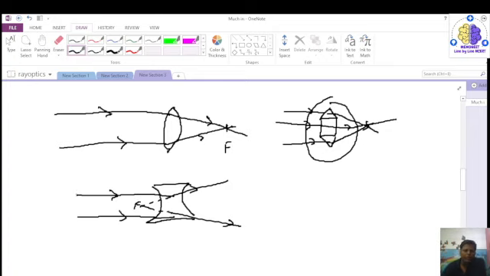So what we find here is that the two light rays are getting diverged after refraction. So this concave lens is known as a diverging lens. To understand its diverging nature, we can draw it like this,